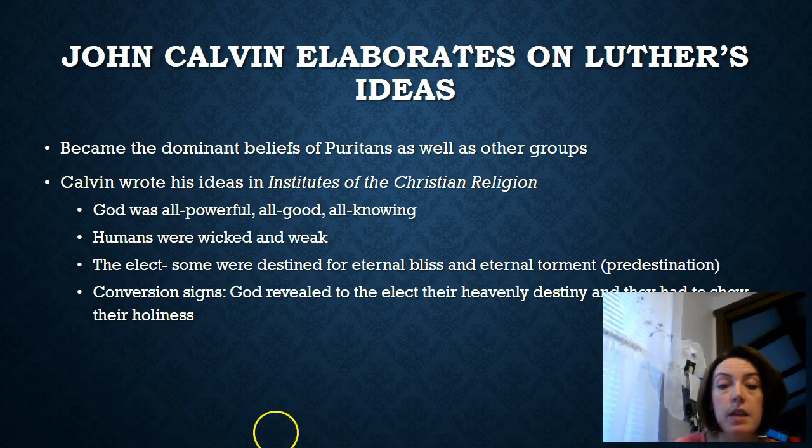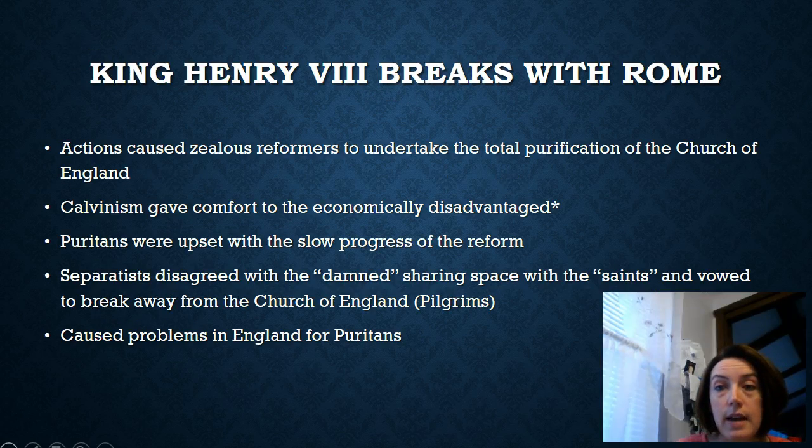And this is something that the Puritans will have a difficult time with in England, because when we look at this next one with King Henry breaking with Rome, he's not breaking with Rome because of some deep theological disagreement like Martin Luther or John Calvin. We know that he's breaking with Rome because of his own personal struggles. He asked for a divorce. None of this should be new. It's probably one of the more famous stories of England.